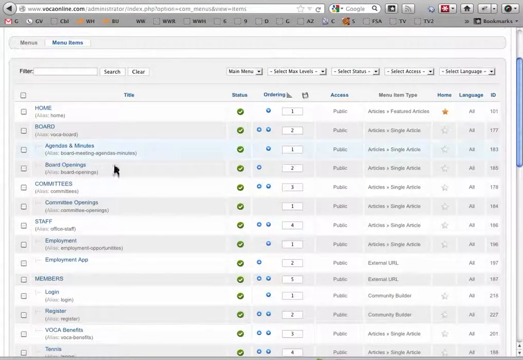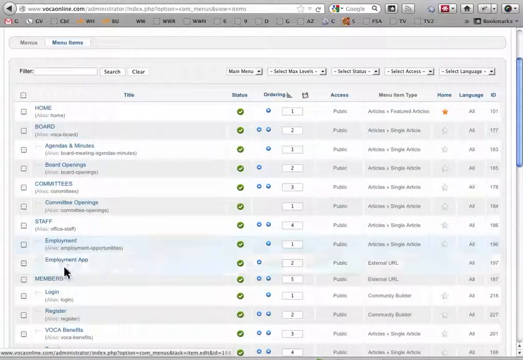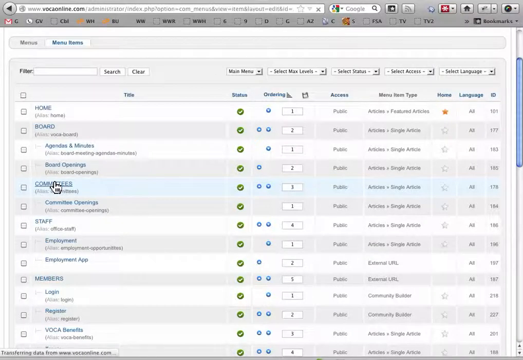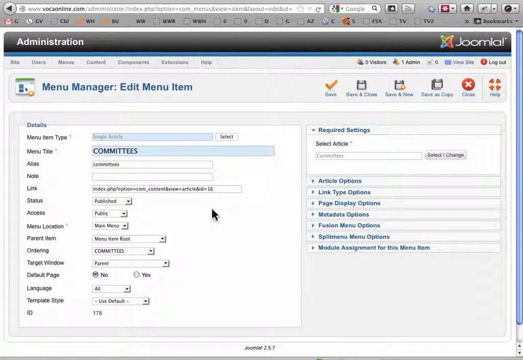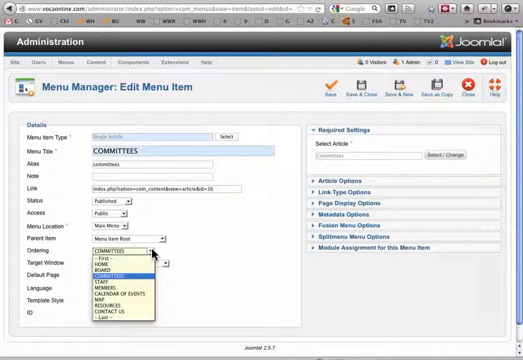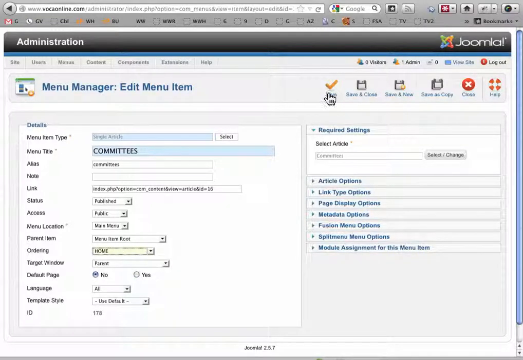Okay, and there are other ways of changing the sequence of these. Let's use an example. Say you want to move committees up to the very top. The way you change the order is you choose the item, go to ordering, and choose the one you want it to be right after. So say we wanted this to be right after home, then we just choose home, and press save and close,